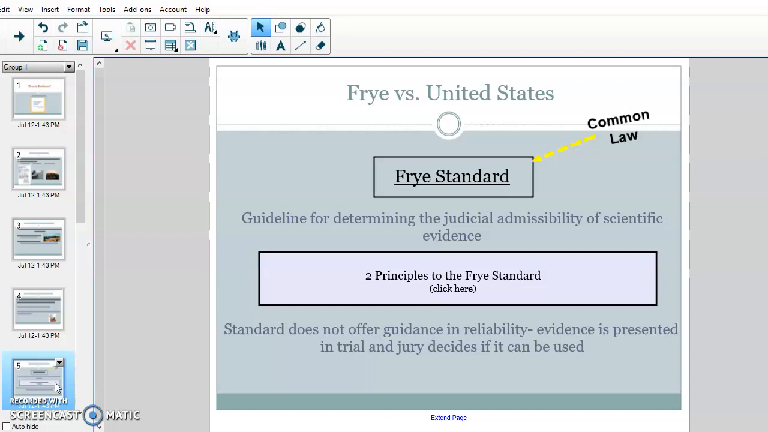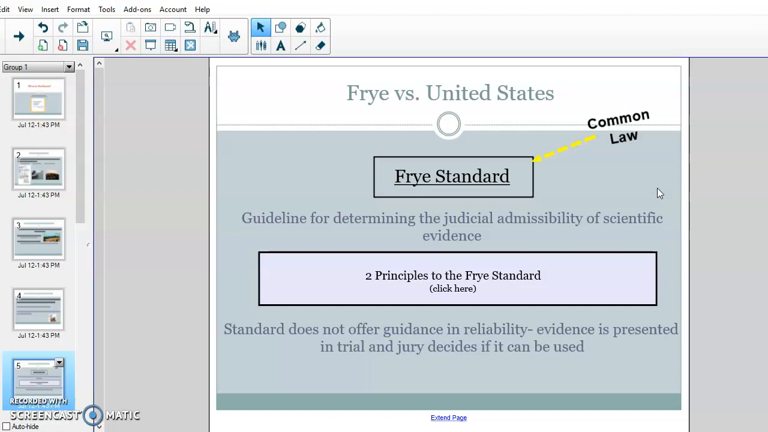So in Frye versus the United States, this was the first thing that happened that created a common law. Both the Frye standard and the Daubert ruling are common laws, which we stated before was where a judge rules something and then everybody else follows after that. So this was a ruling that happened in 1923, and from 1923 all the way until 1993 when the Daubert ruling came into effect,